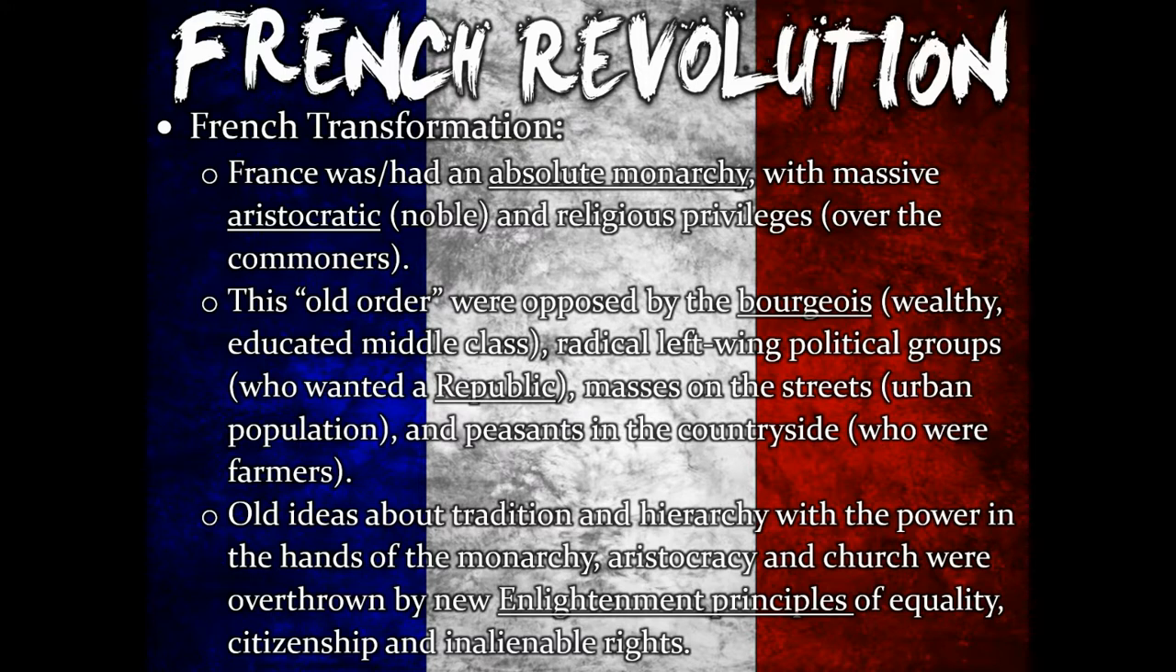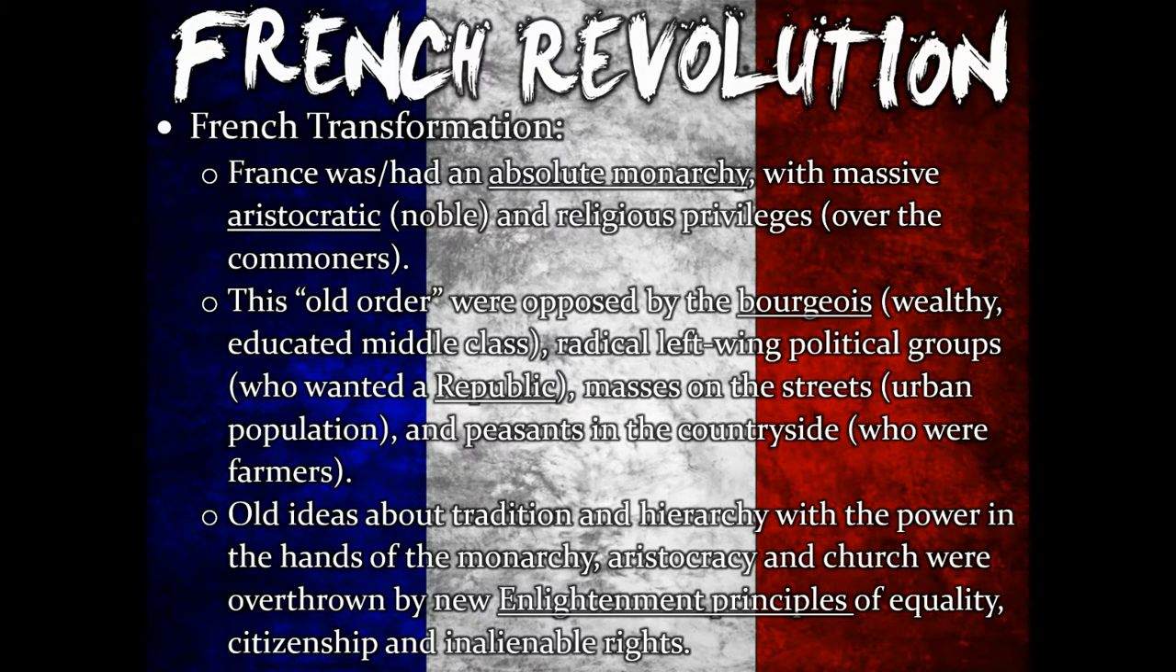Okay. You also have your urban population living in the cities. And of course, you have your peasant populations in the countryside, farmers, whether they're farmers who own land or they're peasants who work the land of nobles, which we'll get to a little bit later. But these are the major players in the French